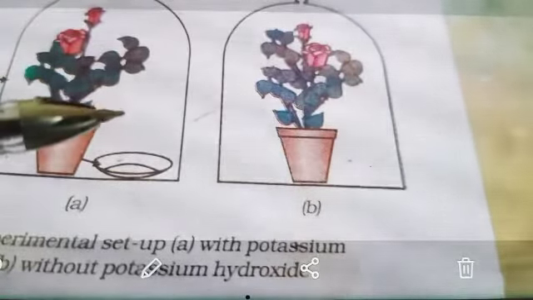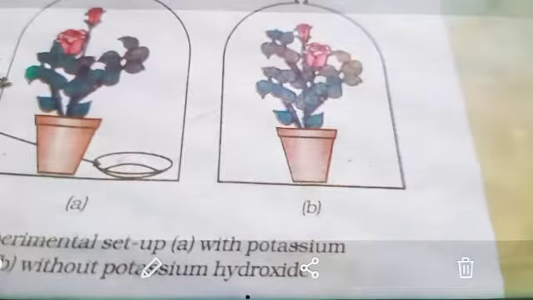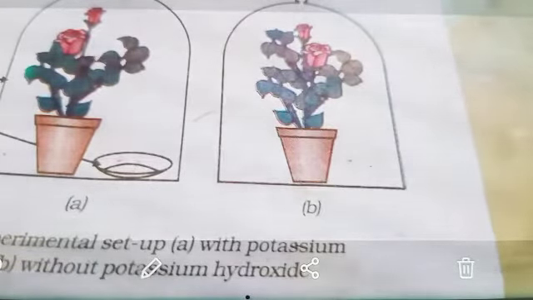So if the plants do not get the sunlight, the photosynthesis will not take place. In the absence of sunlight, photosynthesis will not take place. So here, if we are keeping the plant in the dark room, the sunlight is not available. Therefore, the photosynthesis will not go on here.